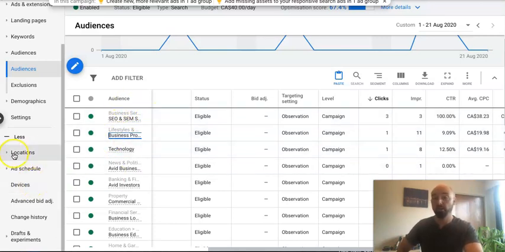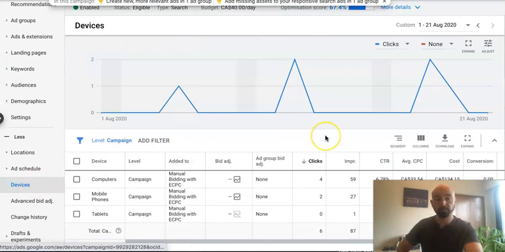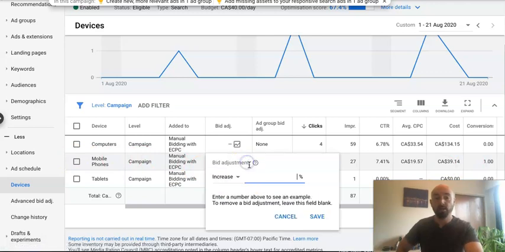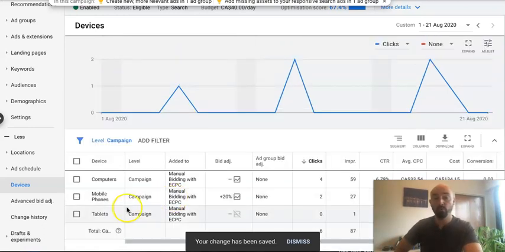And there's a lot you can do with audiences, but I'll leave that for now. The next is devices. So you can target by device. So I'm kind of looking here and I see computers, mobile phones, tablets. Those are the 3 device options. I can see, even though I got less clicks for mobile phone, I'm getting a higher click-through rate. Plus that's where my conversion happened. So I might say, let's bid a little higher. I'm going to increase my bid by 20% for phones. Or I might want to just